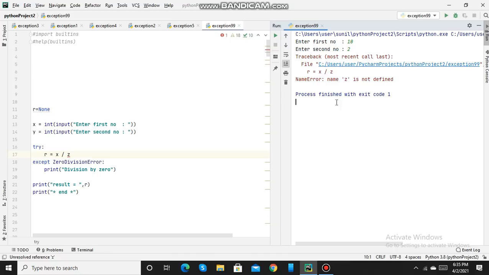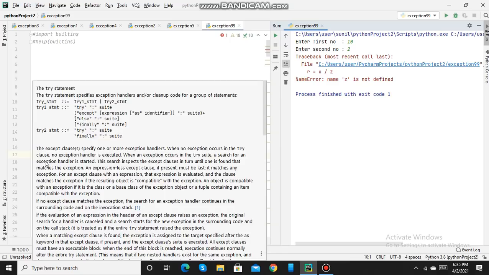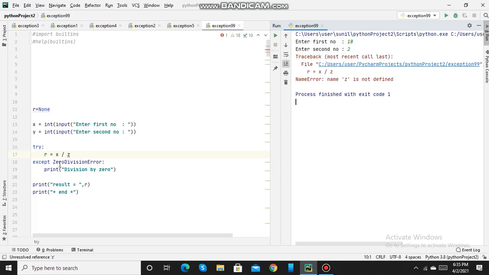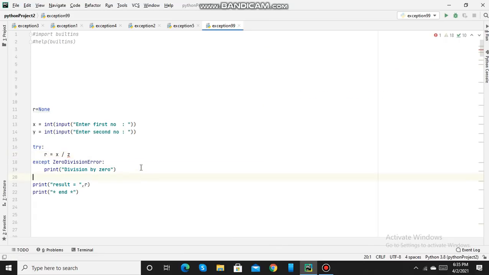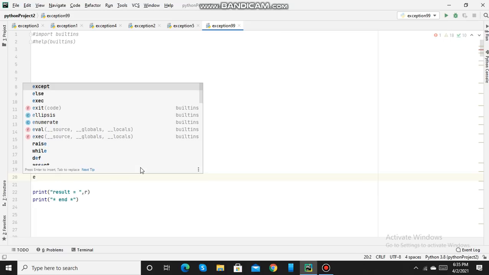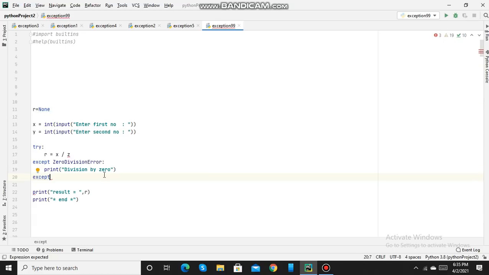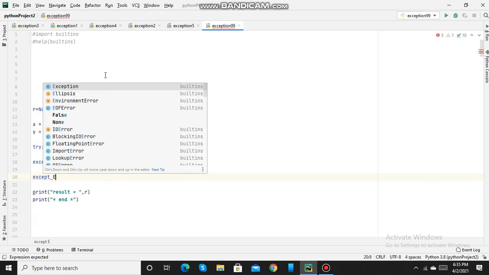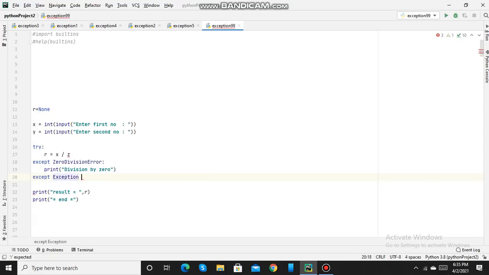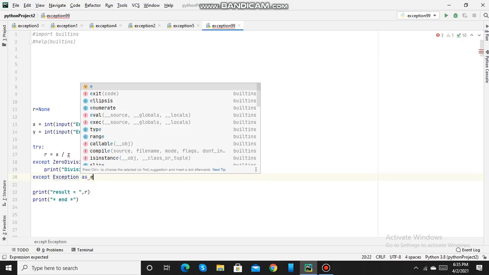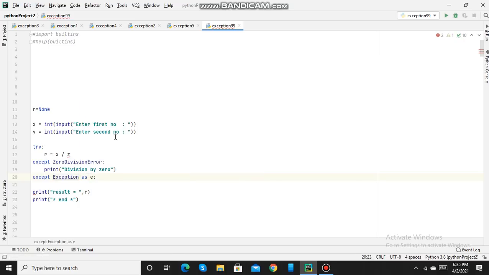So to catch this error, I will add another except block with the base class Exception. So except Exception as e. e can be any variable.